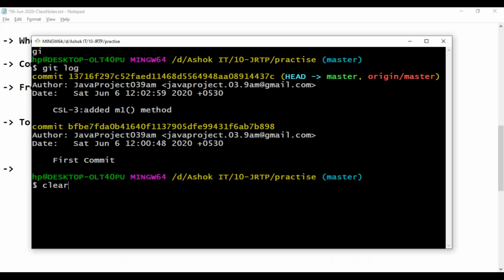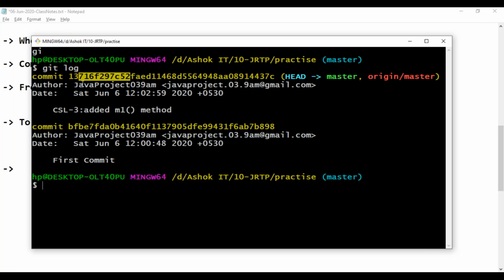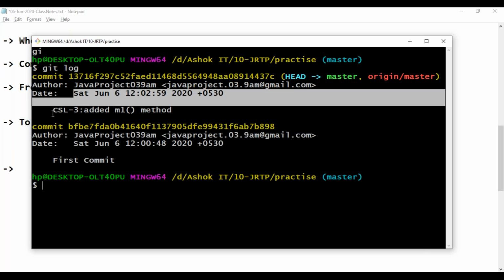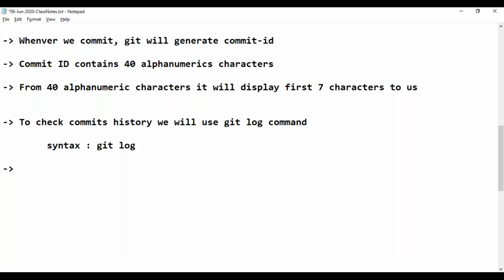Fine. So here it is displaying the commit ID, who committed that, when it was committed, and what the commit message is. In commit logs, it will display the below details. What are those?